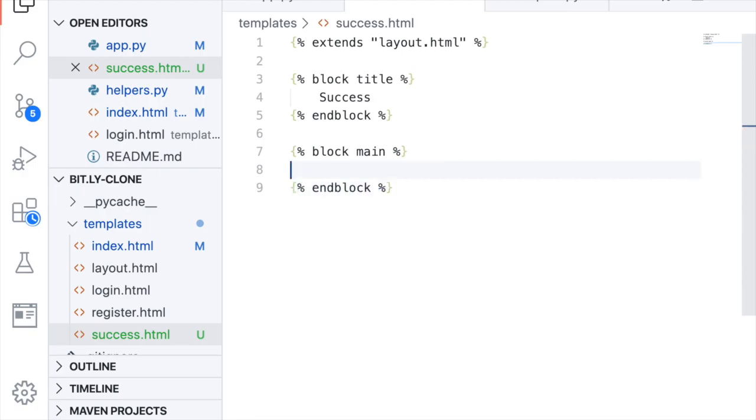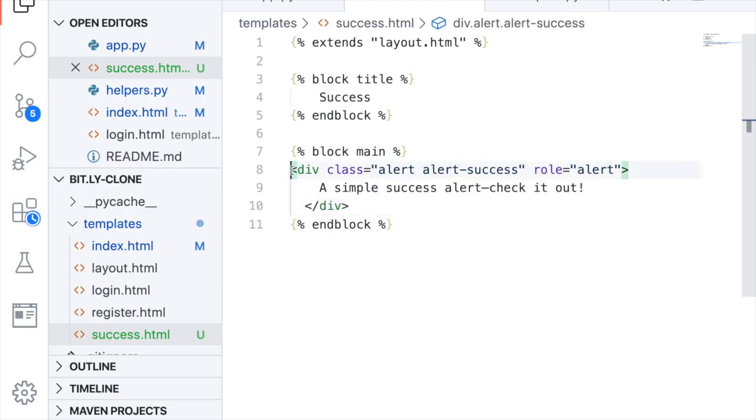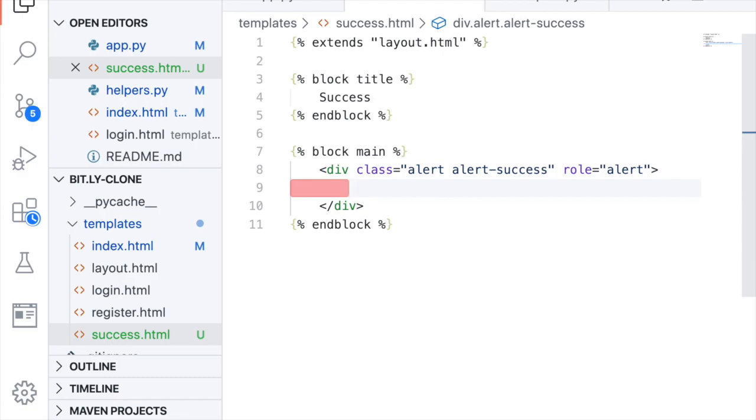And a div here, this as well. And now we're going to say, great, now you can visit your